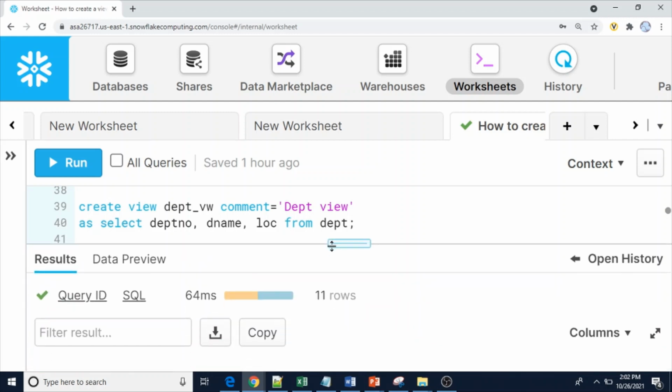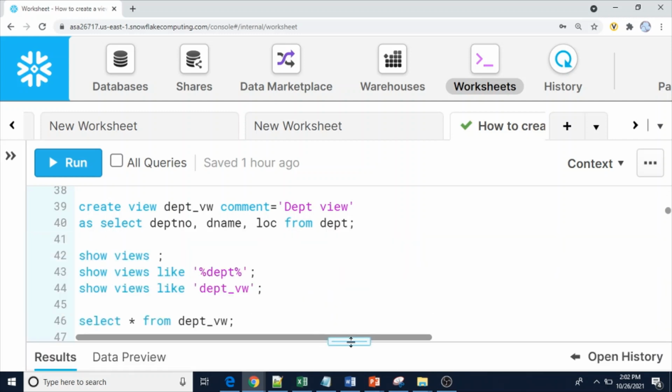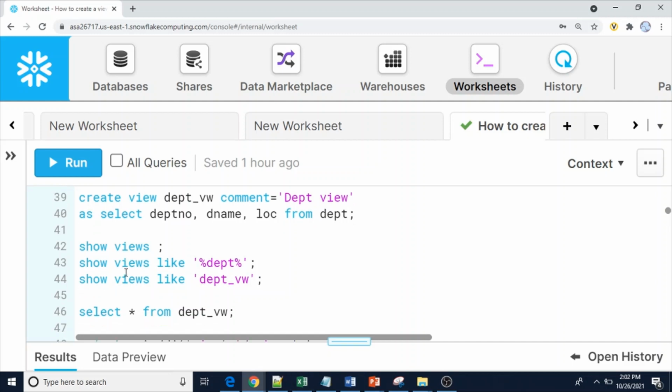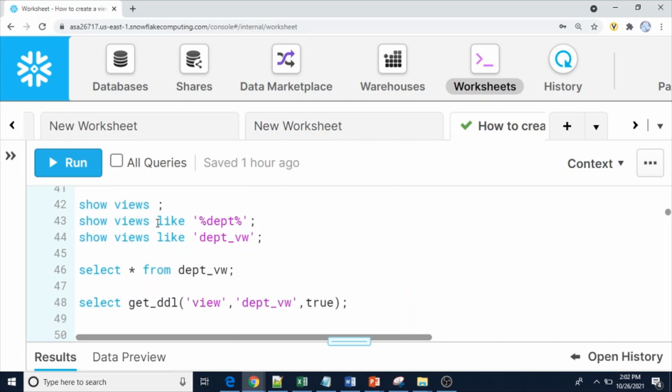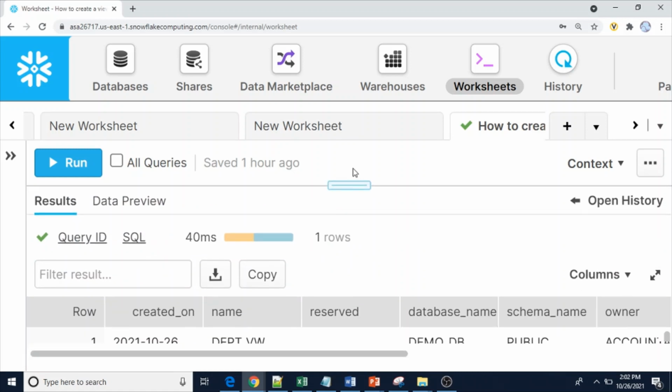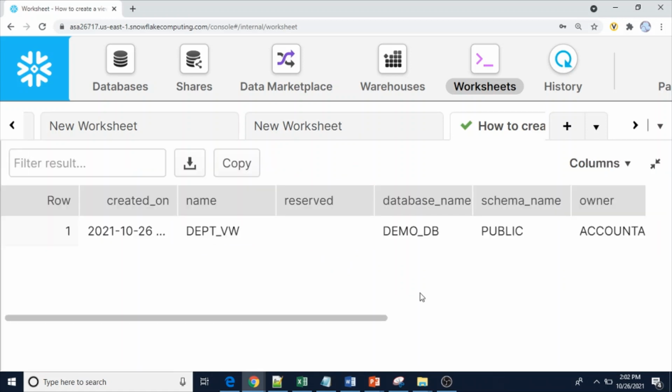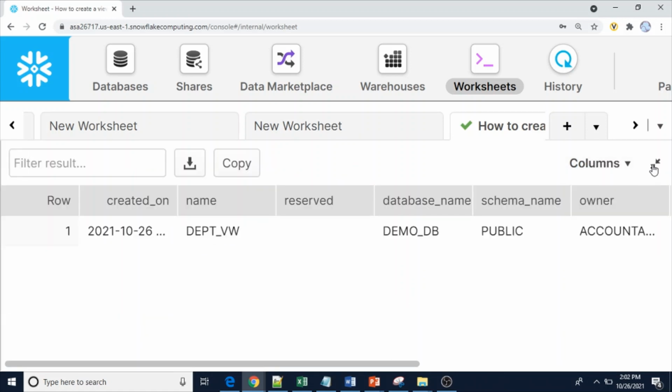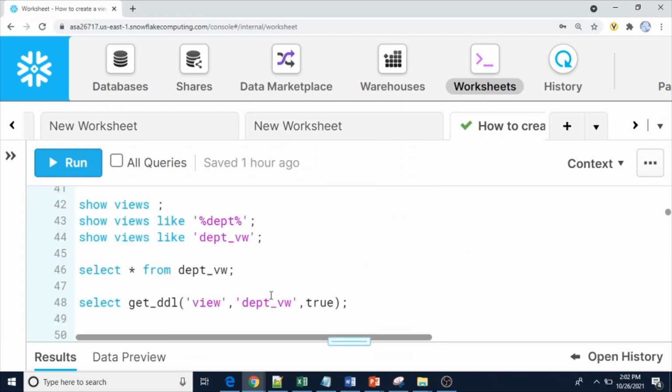You can get account-level or database-level views also. If you don't remember the name but you know some part of it, you can use LIKE along with SHOW VIEWS to get the list of views. Here we have only one view in the schema. If you know the exact name, along with SHOW VIEWS you can get that particular view only.